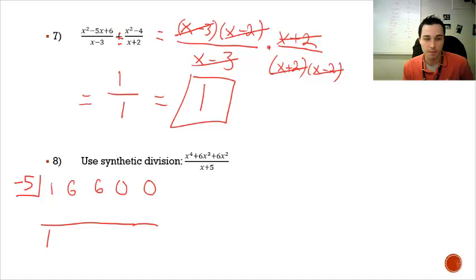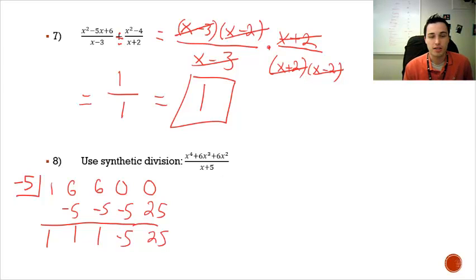Drop down the 1. Negative 5 times 1 is negative 5. Combine is 1. Multiply again is negative 5. Combine again is 1. And multiply again is negative 5. But this time you combine that, you get negative 5. Okay, negative 5 times negative 5 is positive 25. Combine that, you get 25. Now I just need to take 1, 1, 1, negative 5, 25, and I need to write that as